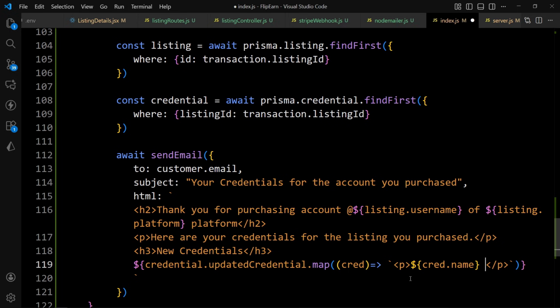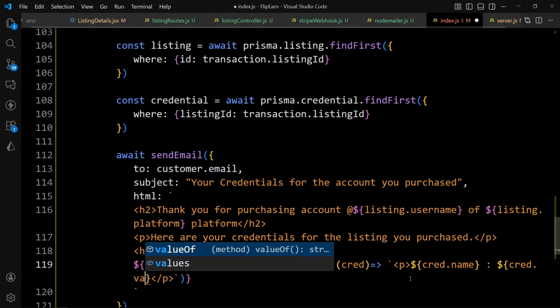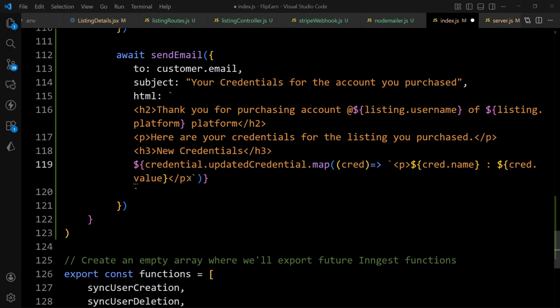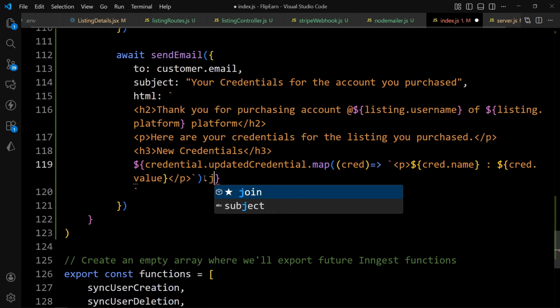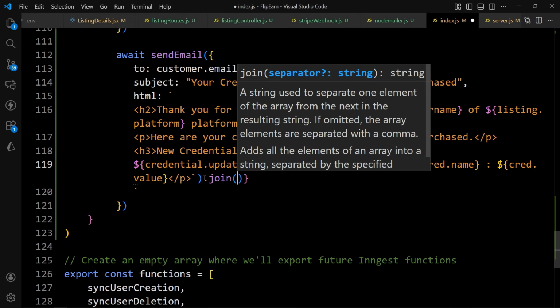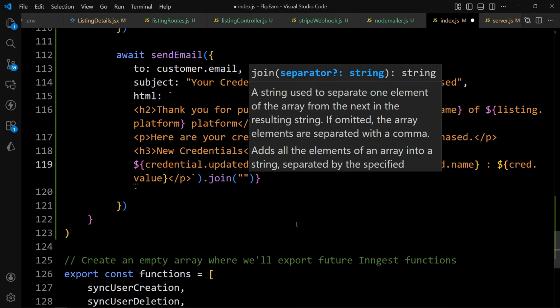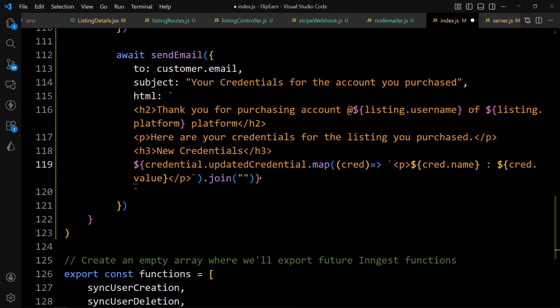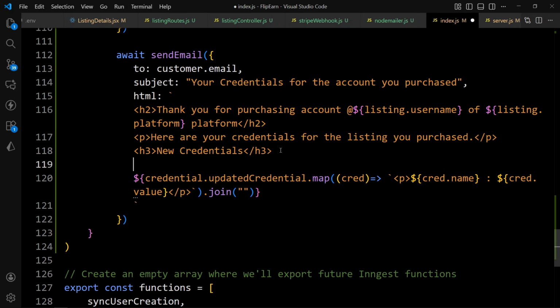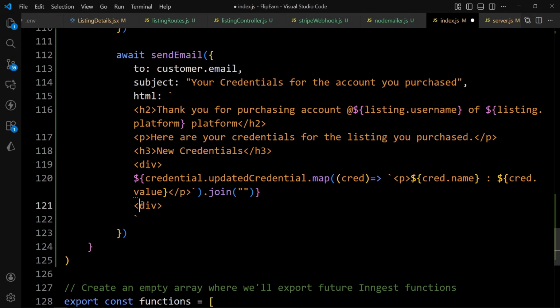And after that here we'll add the colon, and then we have to provide the value. So just add $ curly braces, and then we'll add the credential, that is cred dot value. After that here we'll add dot join method and provide this quote, right? And let me wrap it inside a div. So here we'll add one div tag and close it here. So we have this closing div,